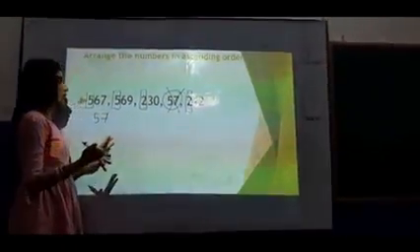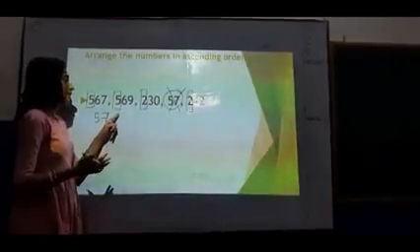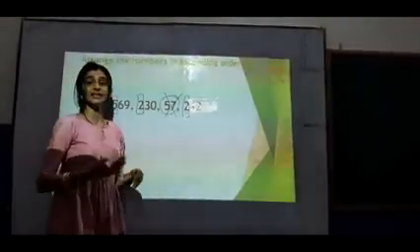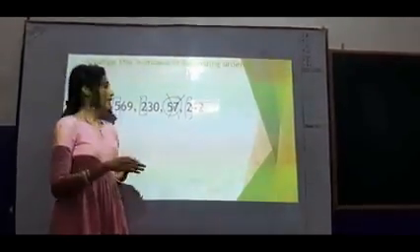Now you have to check in which number, in hundreds place, which number is having the smallest digit. Obviously you can find that 2 is smaller than 5. So the next smallest number obviously will start with 2. So we will not consider this 2. Now you can find there are 2 3-digit numbers that start with 2. So means in the hundreds place you can see 2 is there in both the numbers.